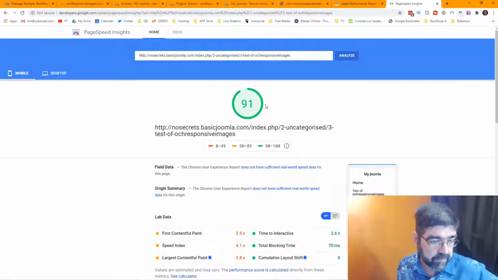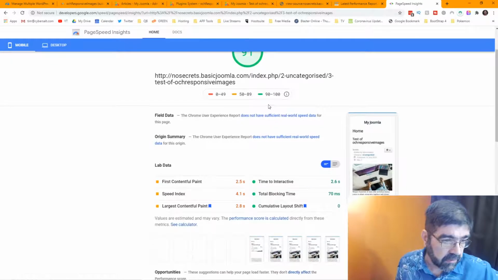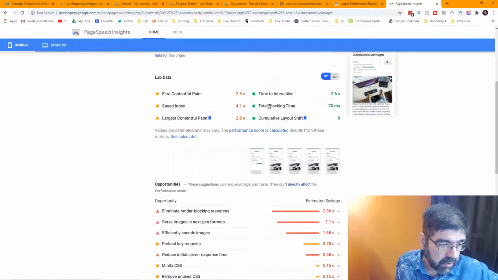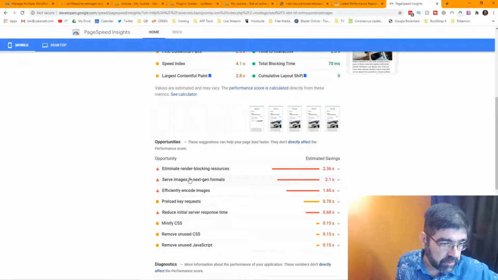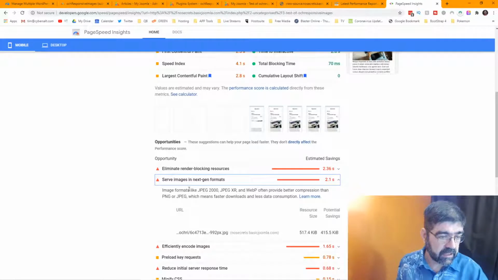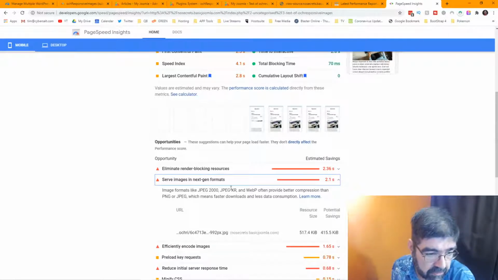And all right. Let's see. 91. Serve images in next-gen formats. Image formats like JPEG 2000, JPEG XR, and WebP often provide better compression. All right, so